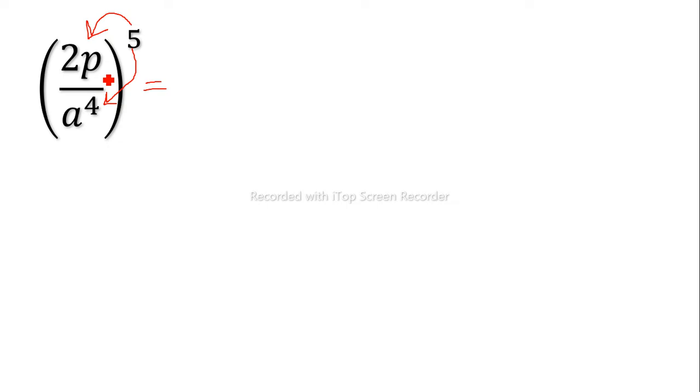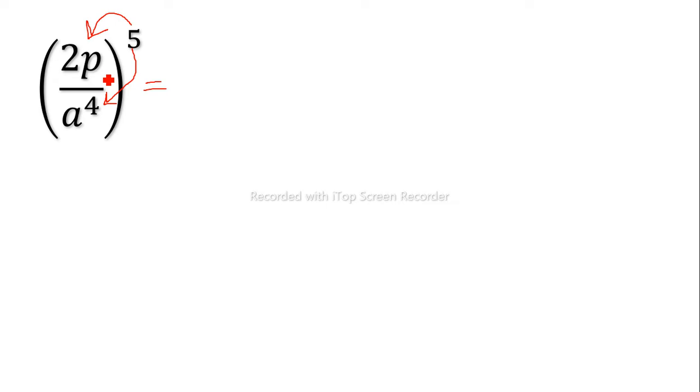32p to the power of 5, a to the power of 20. 8 to the power of 20? Okay. I got the same answer. You sure you ain't looking at this paper? No, I can take a picture right now. I'm just kidding, because it's impossible for you to look on this paper, right? But very good.